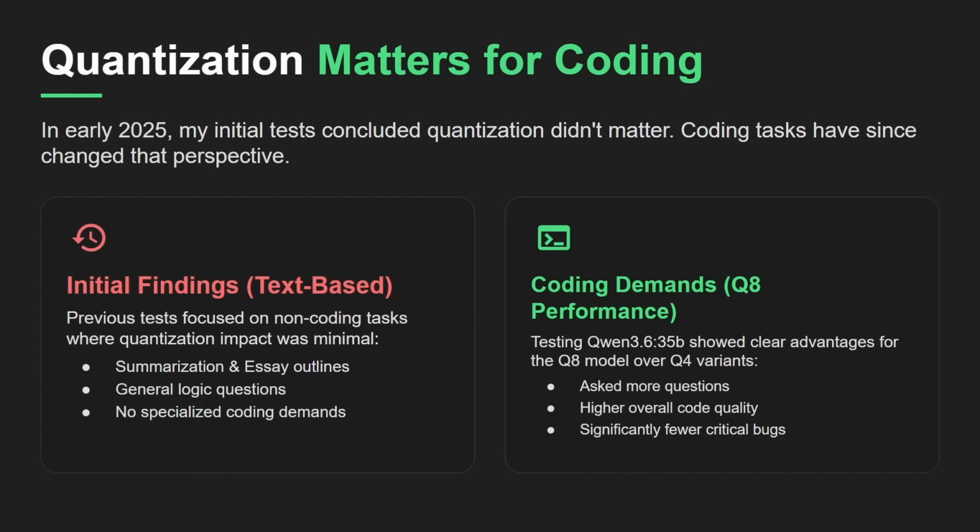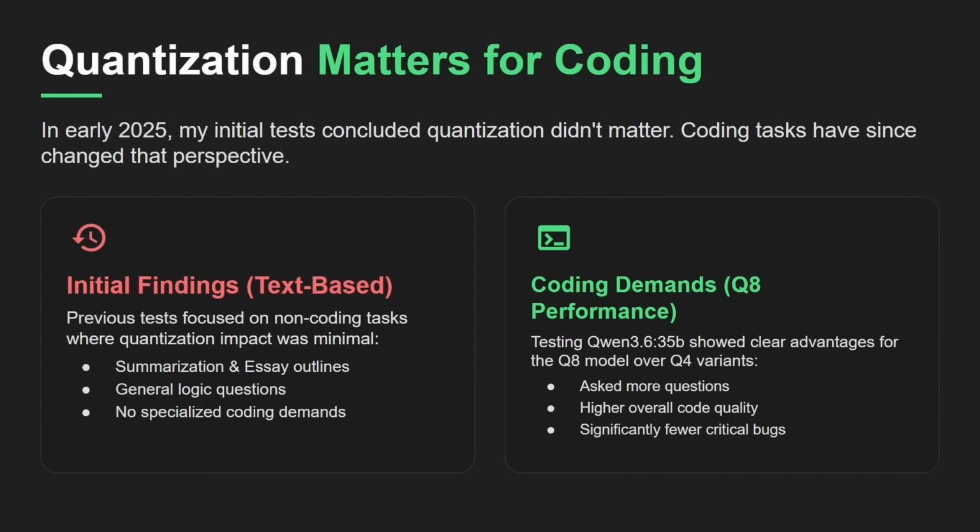And one final interesting thing to note is that quantization matters. So in early 2025, I did do a video about LLM size, the number of parameters, and LLM quantization to see which was the most important factor. And my initial findings then were that quantization didn't really matter. That I was getting the same kind of results from a Q8 model as I was from a Q4 model or from a Q6 model. Go and watch that video if you want to see all about that. But that was mainly text-based stuff. So I was asking for summarizations, I was asking for essay outlines, general logic questions, not the demands of these